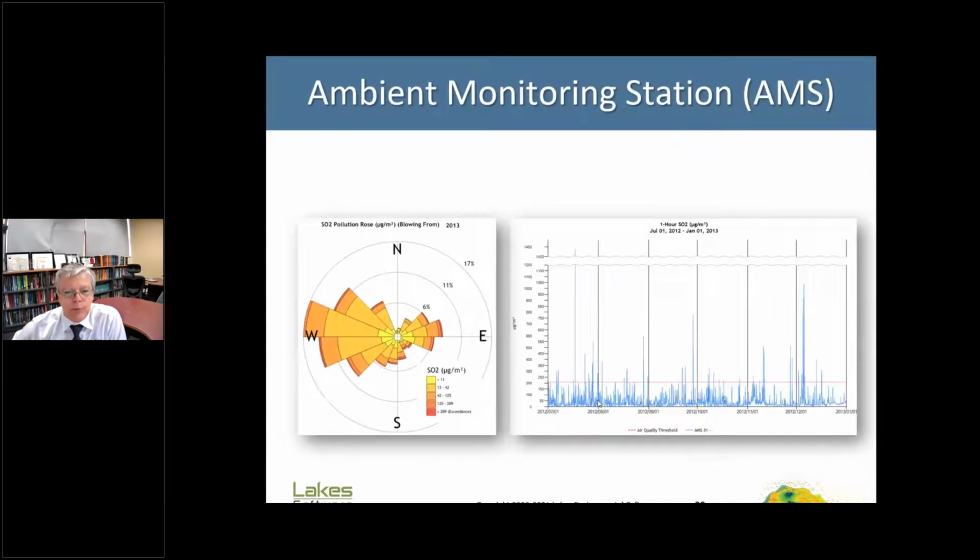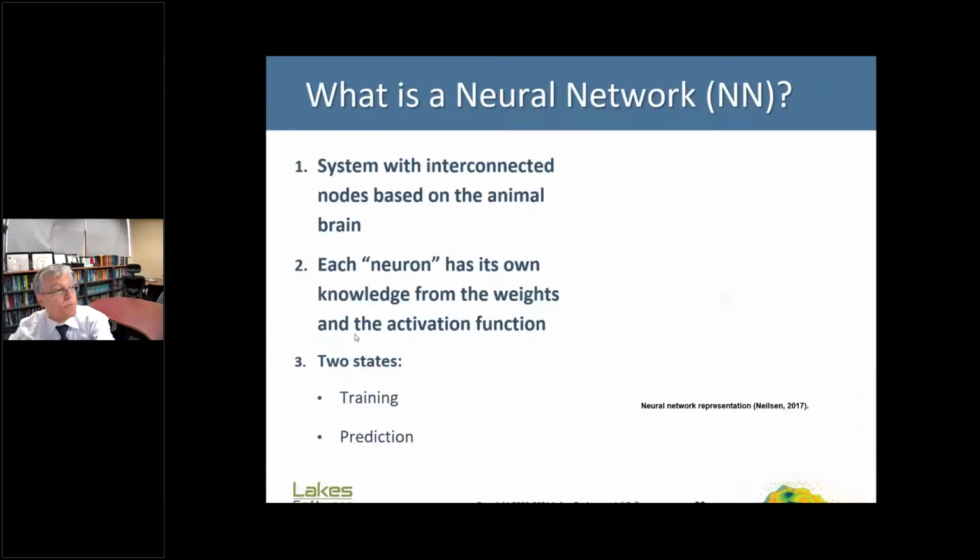Ambient monitoring, what we see is just this. And we also do the pollution roses. This is SO2 pollution roses. This is exactly the case we mentioned where a refinery was here and the petrochemical was here. The one impacting the most was the petrochemical.